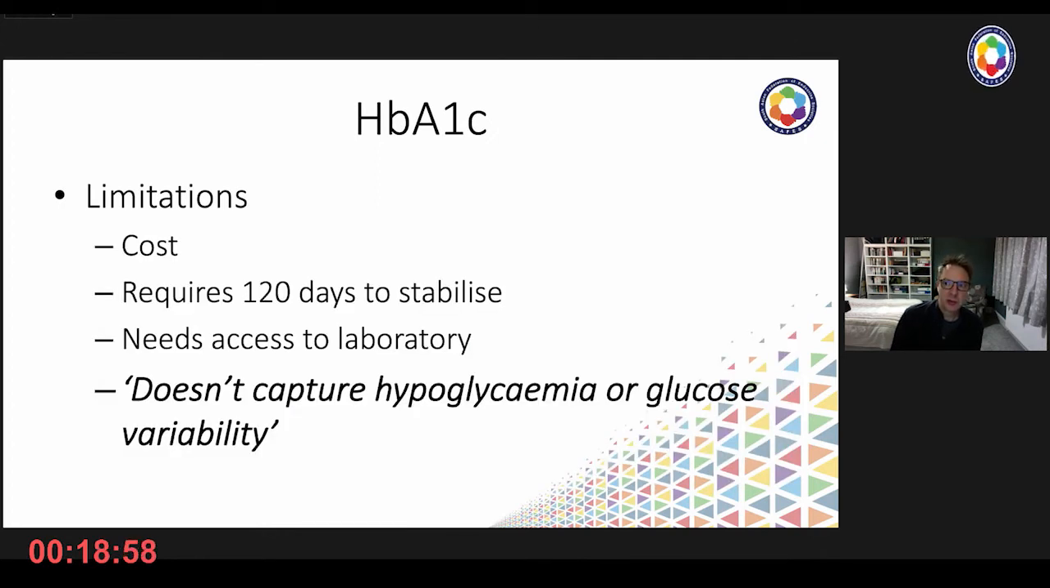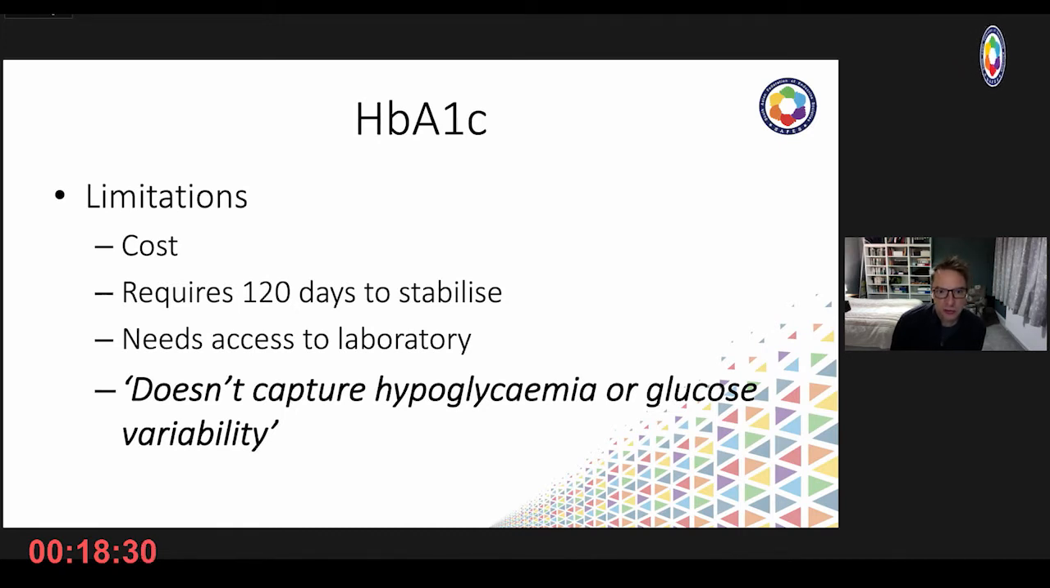The other limitations for HbA1c are that it is expensive, relatively. In the UK, it costs over £5 for an HbA1c. And while in terms of monitoring, that might be seen to be good value if we're only doing it once or twice a year, it's still an important cost to bear in mind. It requires 120 days to stabilise, and it needs access to a laboratory with appropriate quality assurance, quality control, and